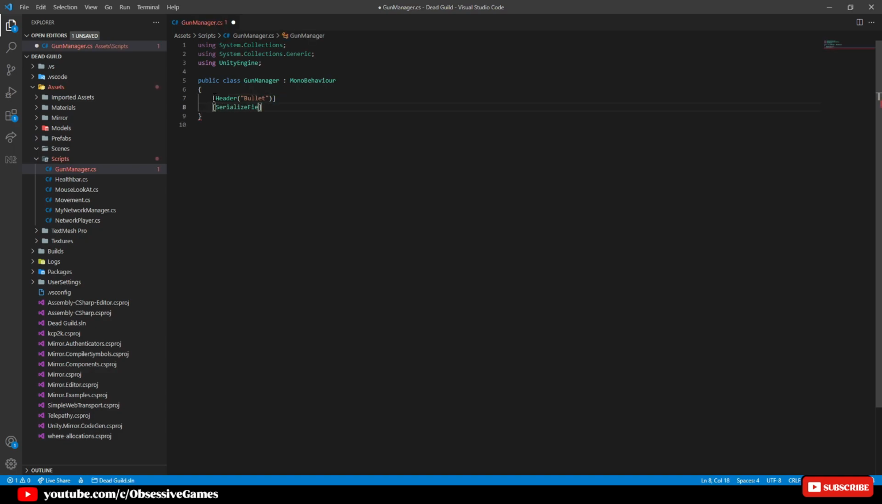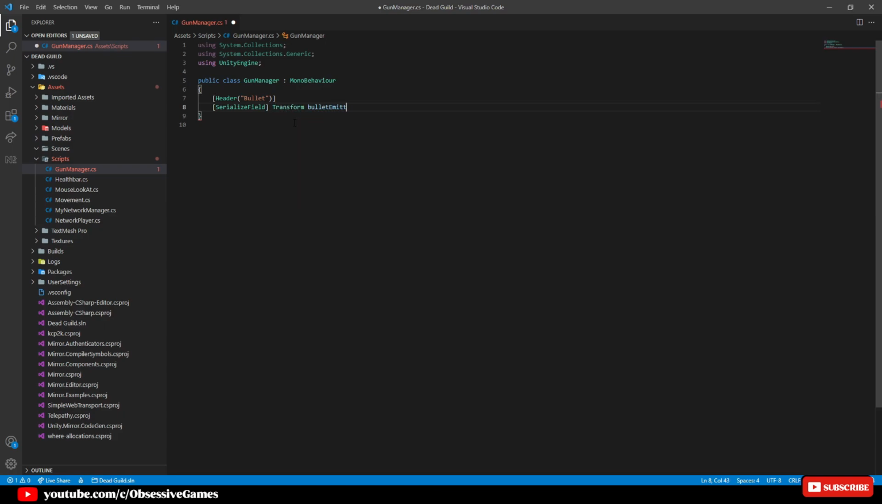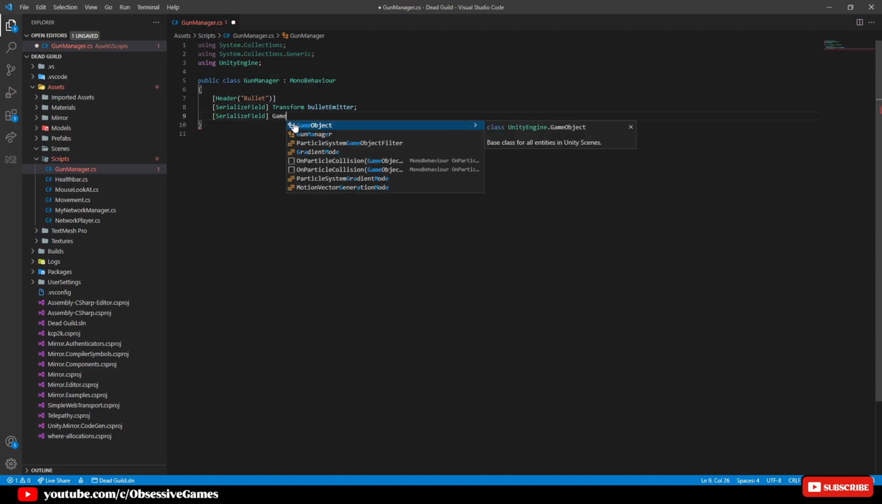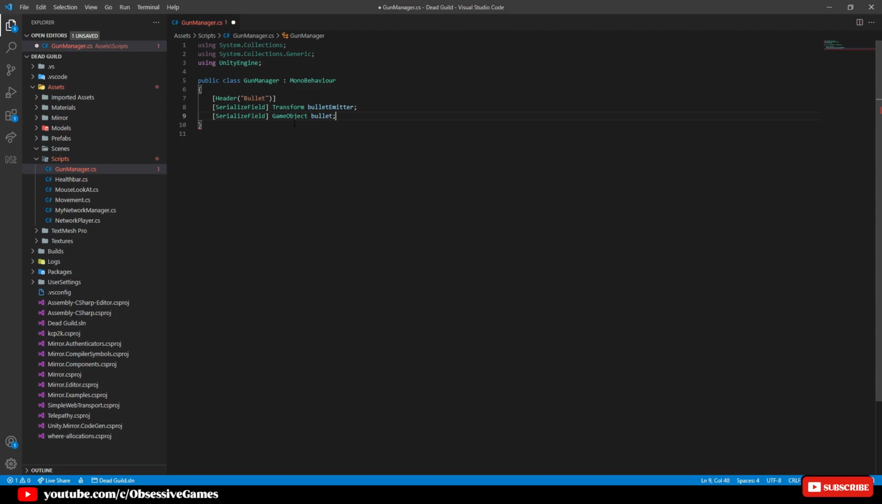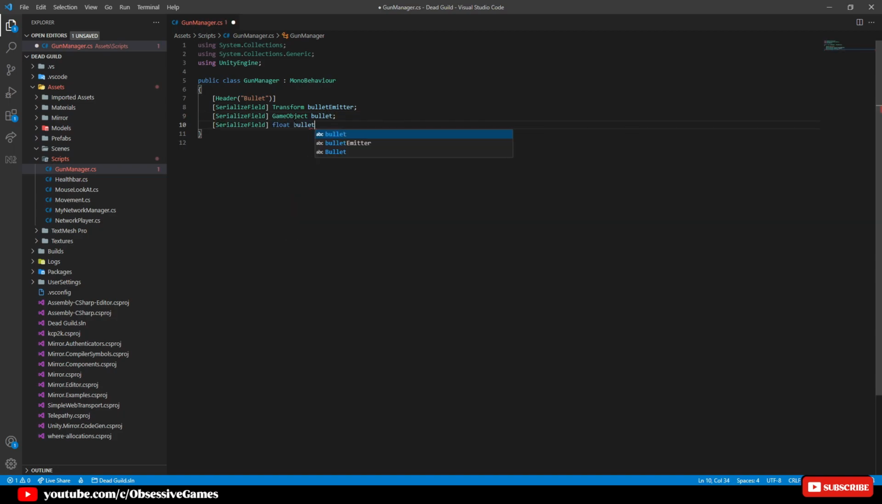We would like a serialized field transform of bullet emitter for the position of where the bullet will appear. Then serialized field game object of bullet, which will be the bullet prefab. Then serialized field float bullet forward force for how much force we will add to the bullet's rigid body. Now let us create private void update method where we will check if